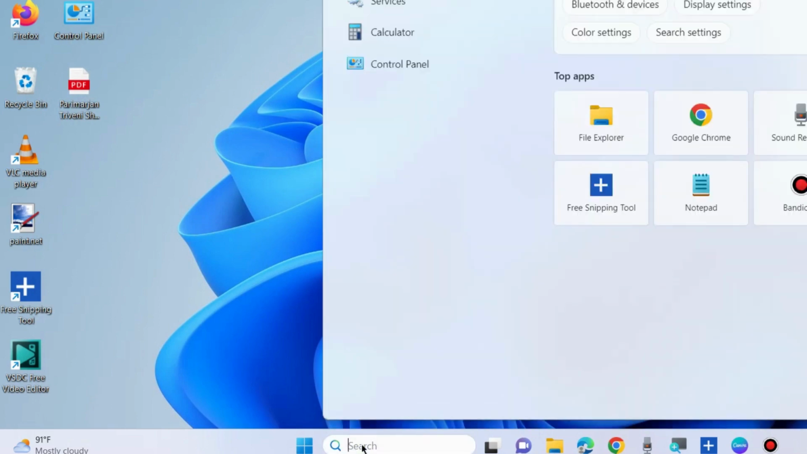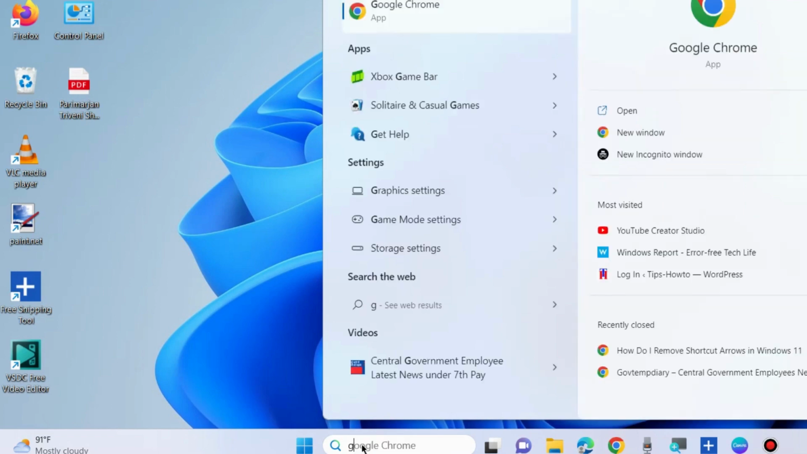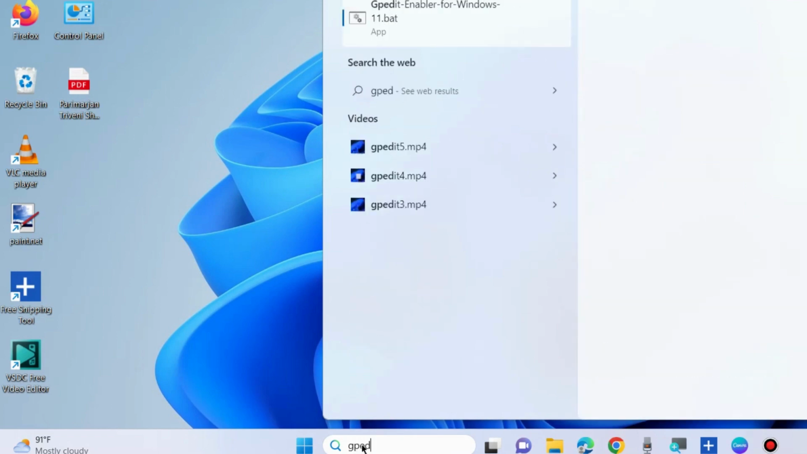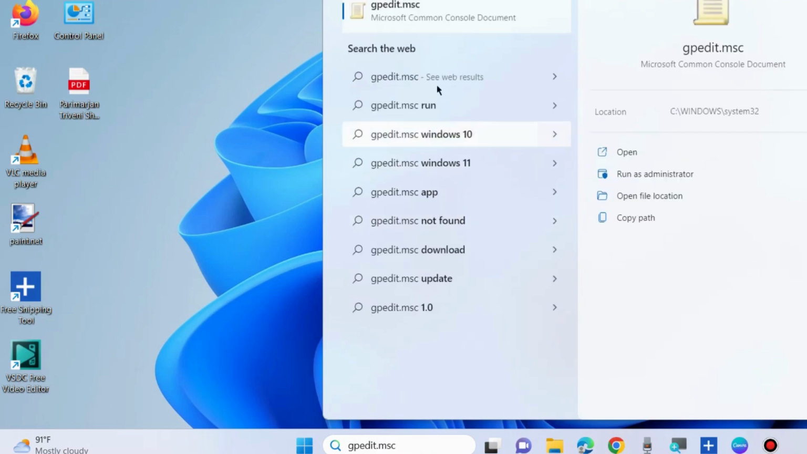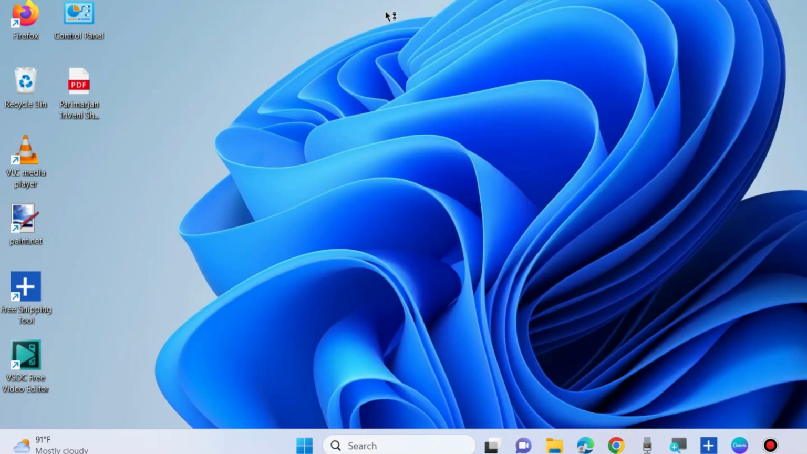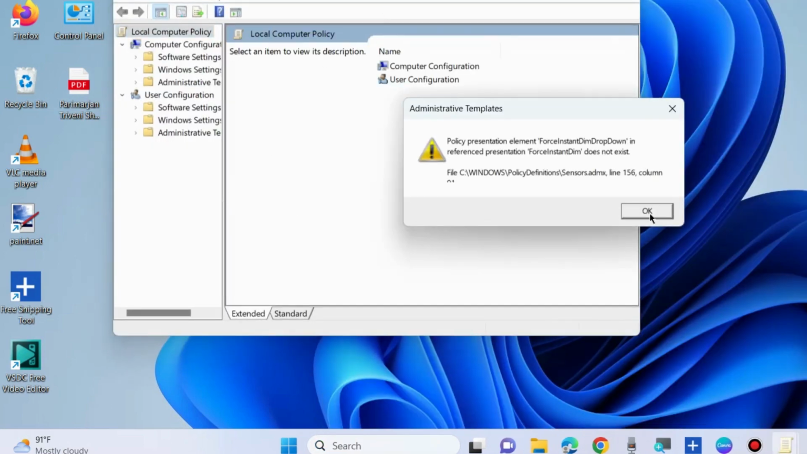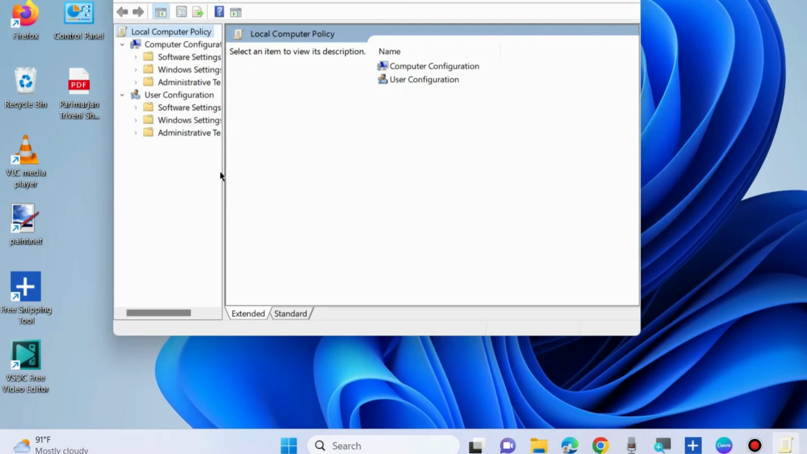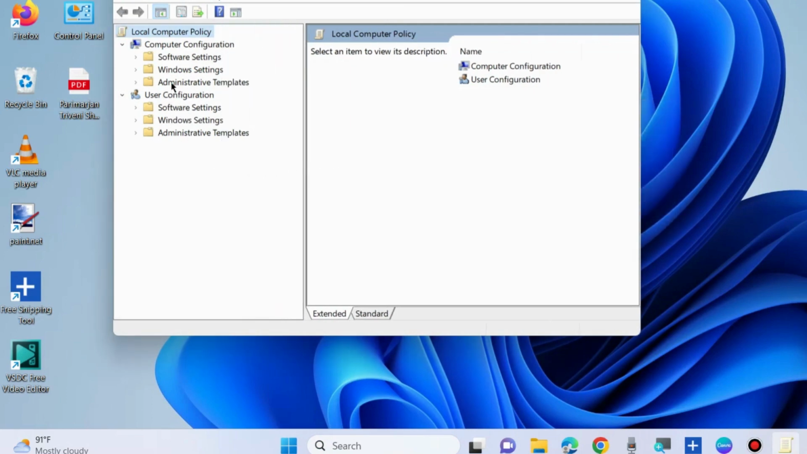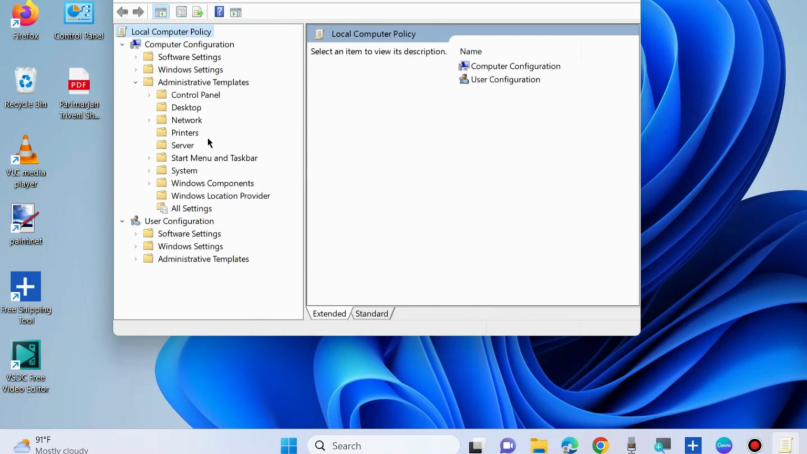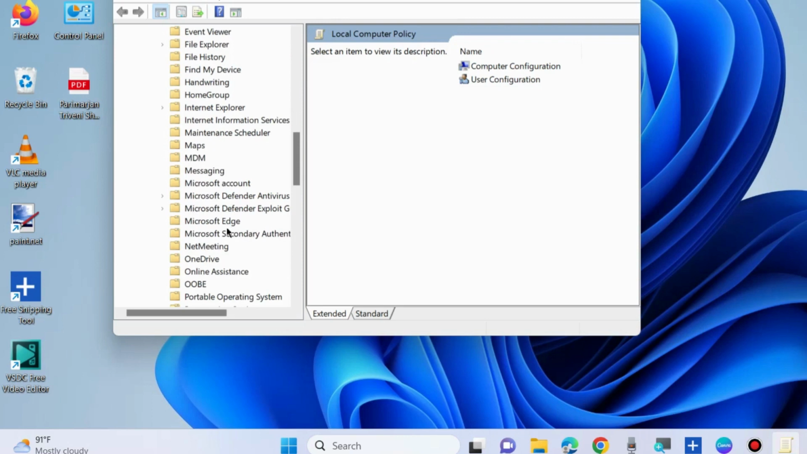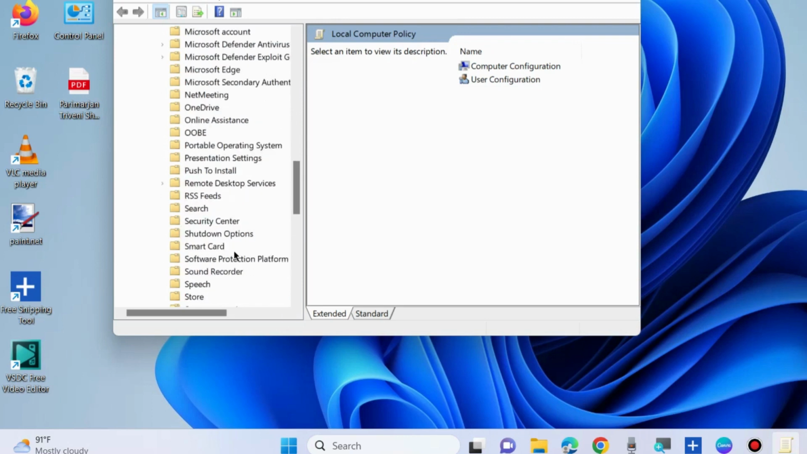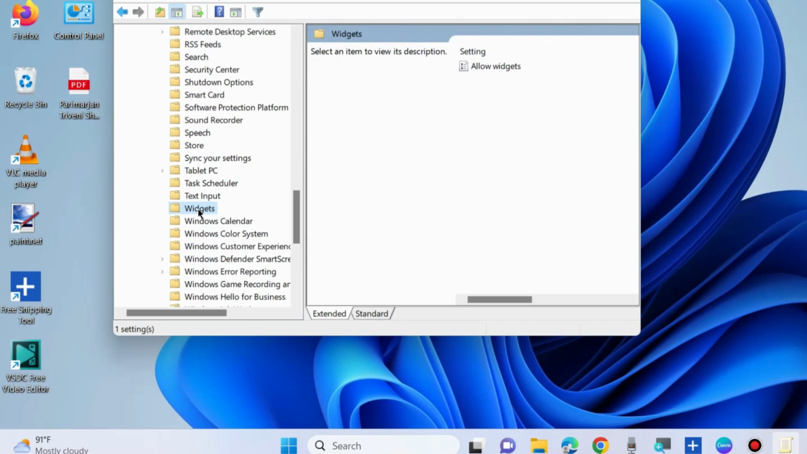The next workaround is go to Windows search, type gpedit.msc to open Local Group Policy Editor. We will enable news and interests through Group Policy Editor, and in Windows 11 it is known as widgets. So go to Computer Configuration, Administrative Templates, Windows Components, and here in Windows 11 you should enable the widgets option, and